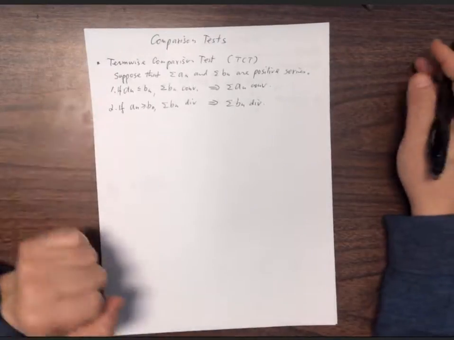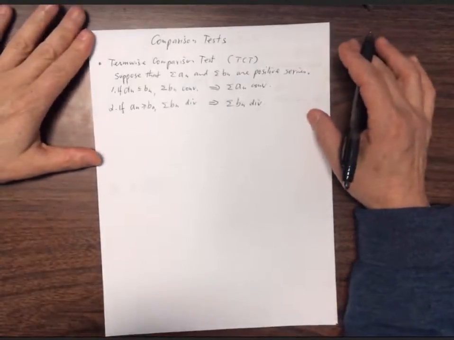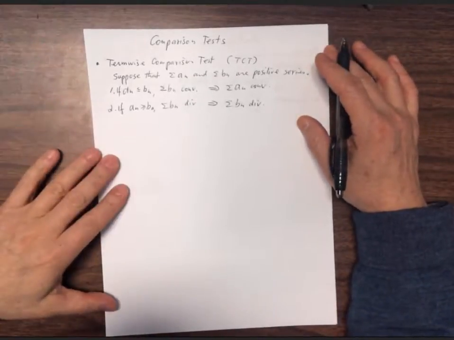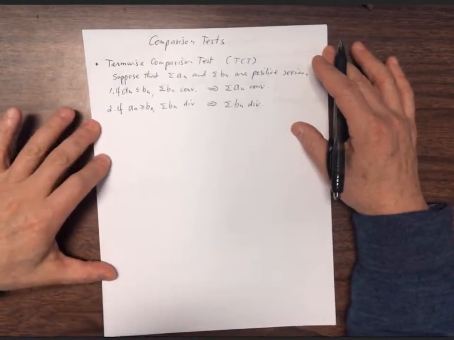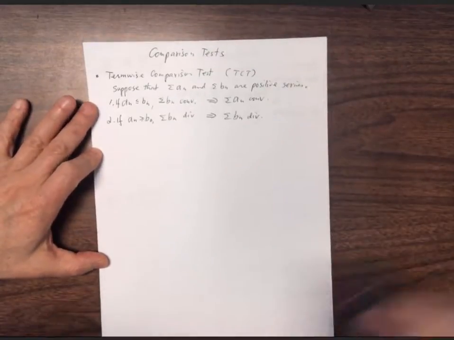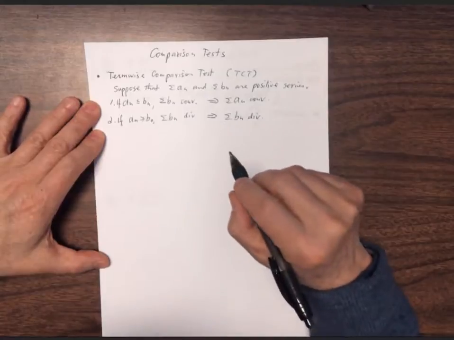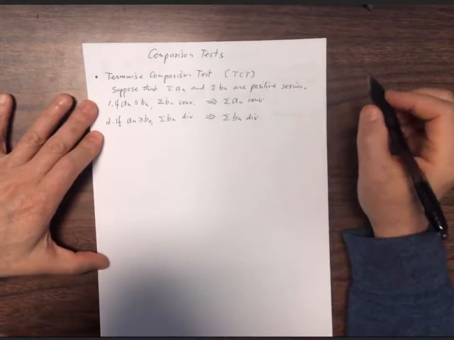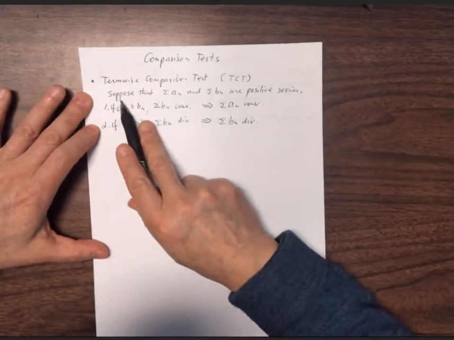In this video, we introduce two tests that we sometimes apply to check convergence, divergence of infinite series. They're called comparison tests. Now, the first one is called the term-wise comparison test, or TCT. The theorem, or the result, or the test says,